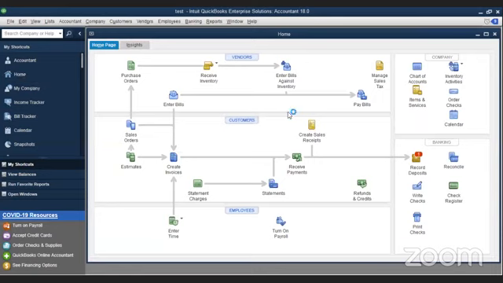Your sales tax has been created. You can see a new option called manage sales tax. Now what we are going to do is purchase a new item with VAT. So I'm going to do it very fast. If you have any doubts, you can ask me later because we are running out of time. So I'll show you how we are going to purchase with VAT. So it's going to be enter bills.